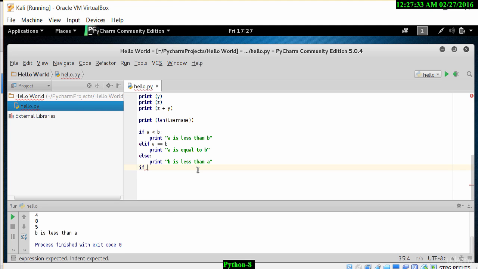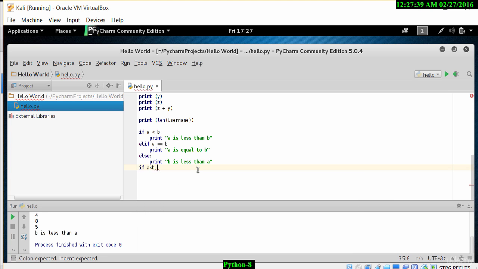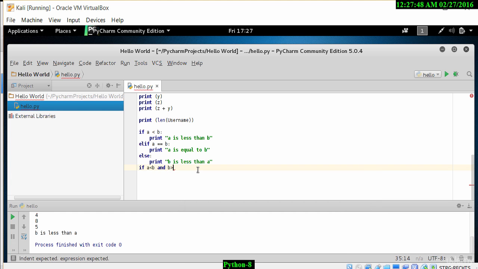Let's look at another example where we type in if A is less than B and B is greater than C. So we use and, B greater than C. And let's print the statement on the screen: Hurrah. So if A is less than B and B is greater than C, colon, print, and we're going to type in print hurrah, to make sure that A is less than B and B is greater than C only under those two conditions. So let's look at what the value of A is and what the value of B